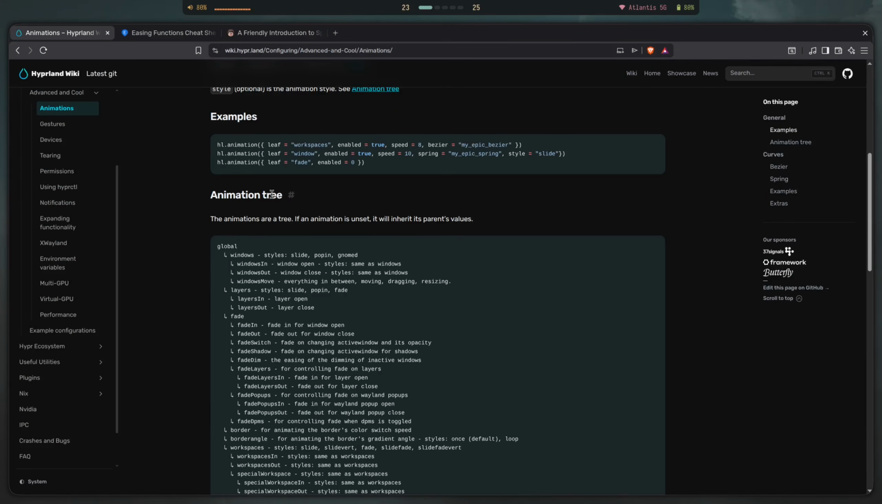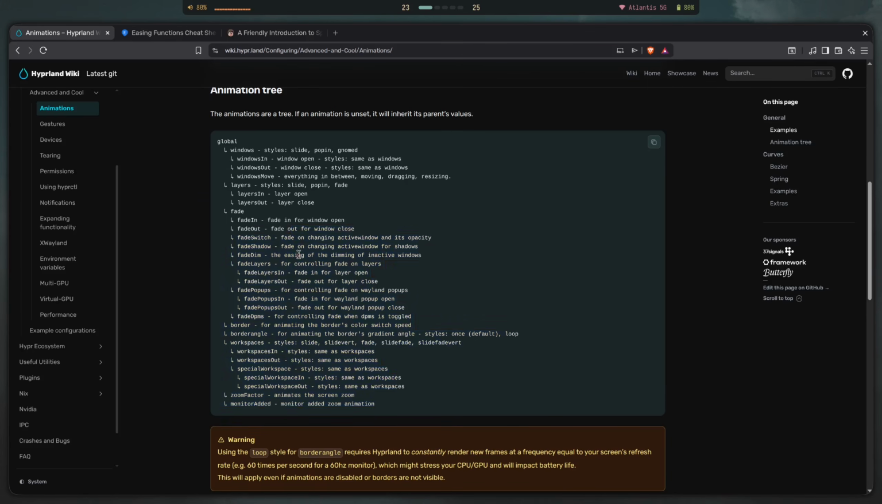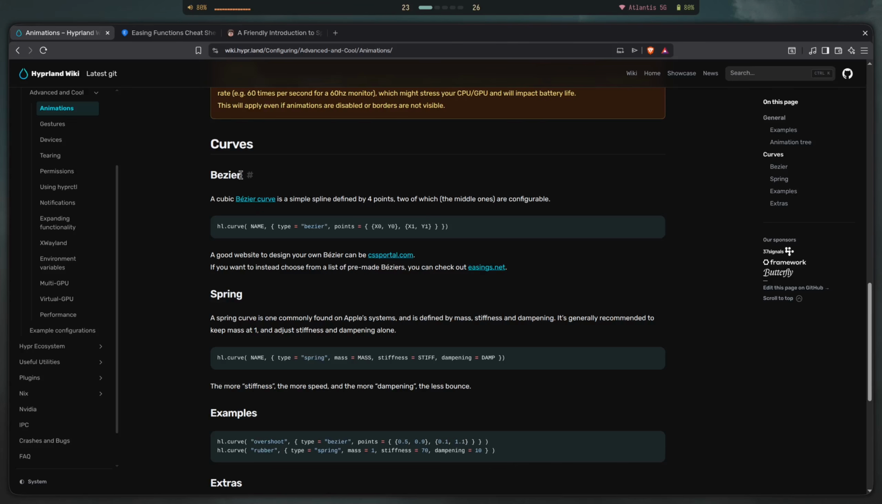There's more stuff, like you have the animation tree. I have covered this in a different video. There's going to be just 2 or 3 more settings that are different compared to the last video that I've made. But I'm pretty sure these are intuitive enough for you to figure out on your own. And that's pretty much it. That is how you can use a Bezier curve, how you can use a spring curve,